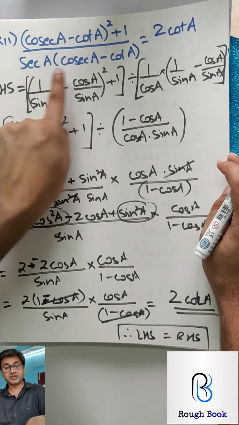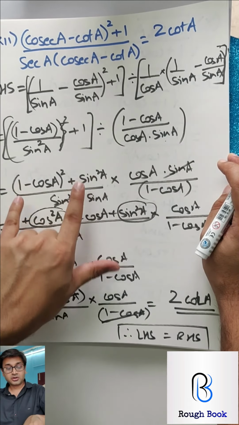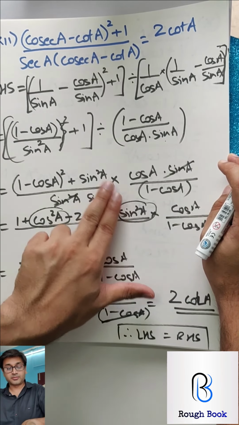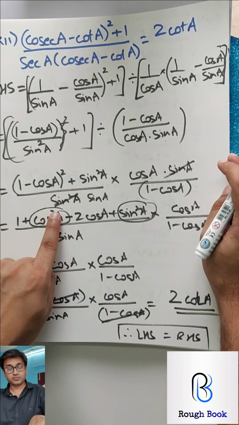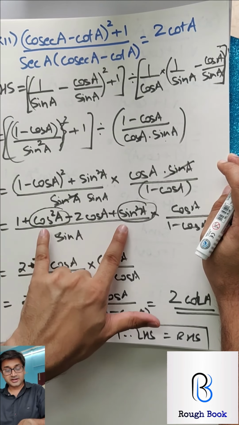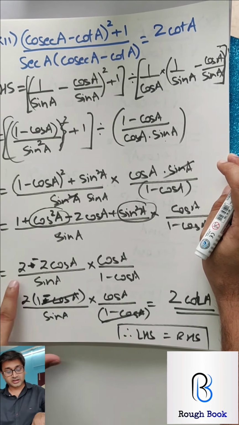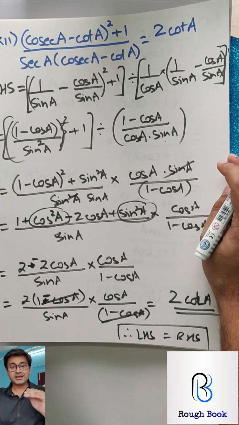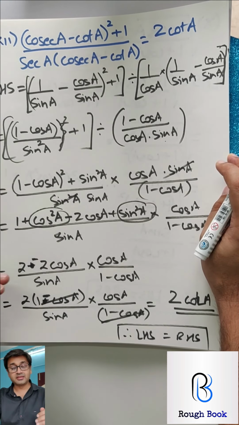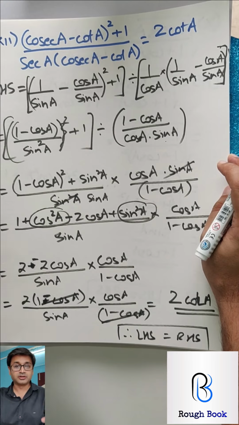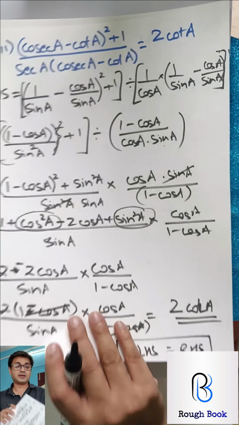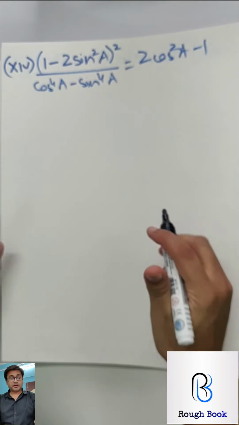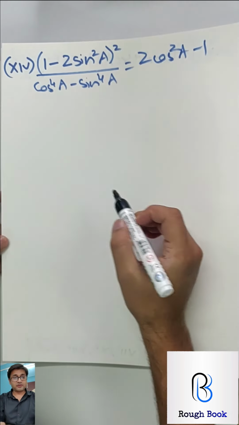What did we do? First we converted everything to sin cos, took the LCM on both sides, multiplied by the reciprocal, cancelled whatever we could. Expanded this bracket, it becomes 2, taken 2 common, cancel. So it's only lengthy, it's not tough. It's only lengthy and you need to work on it with a lot of concentration, otherwise you might mess up. Next, the next question that I want you to begin is 14.